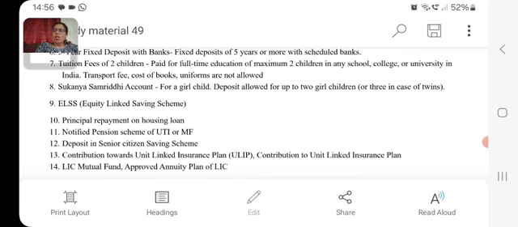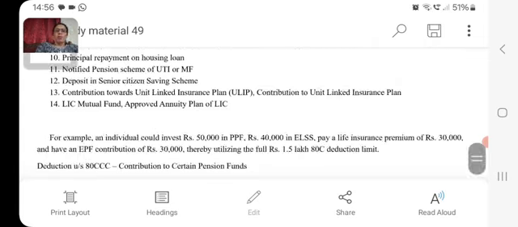And if the assessee repays his housing loan, then this repayment amount may constitute two components like principal amount and interest amount. This principal amount, whatever he has repaid, can be availed as deduction under Section 80C, whereas interest cannot be availed under Deduction 80C. It can be considered under Section 24 while computing income from house property.